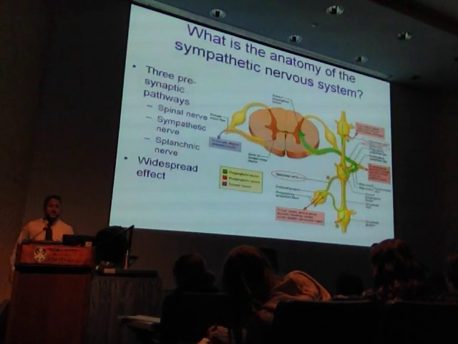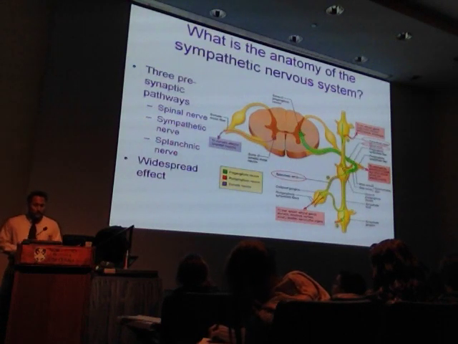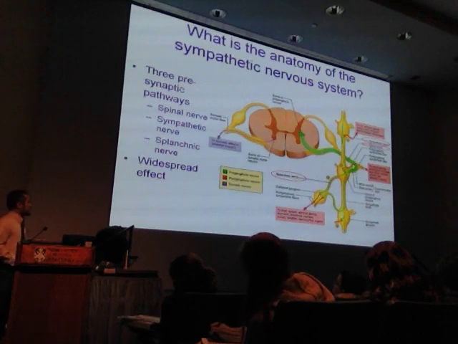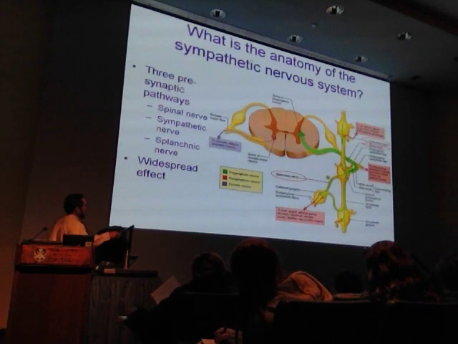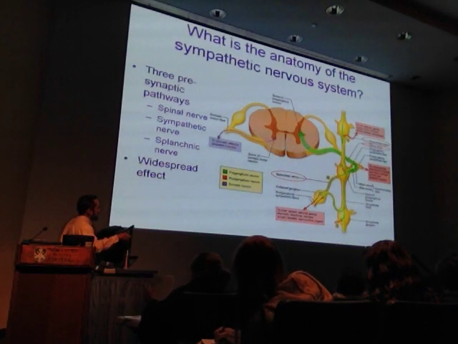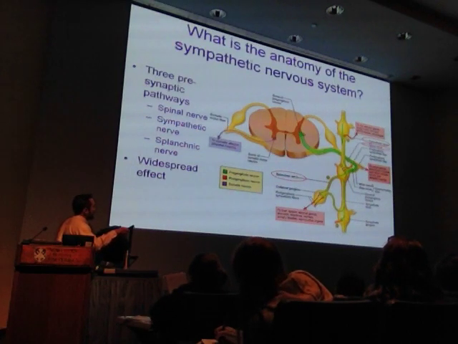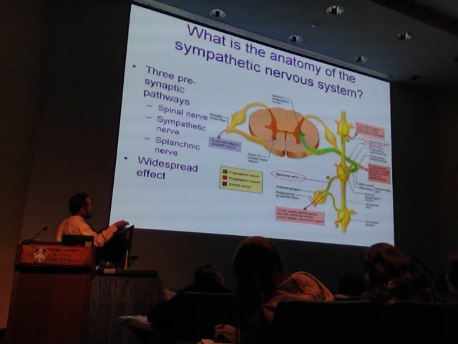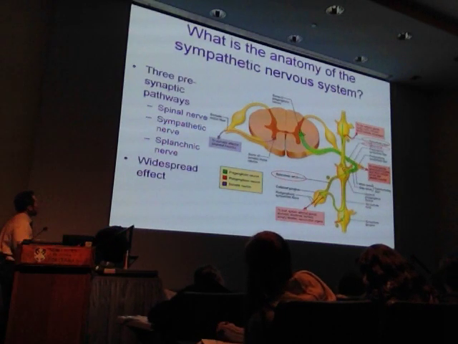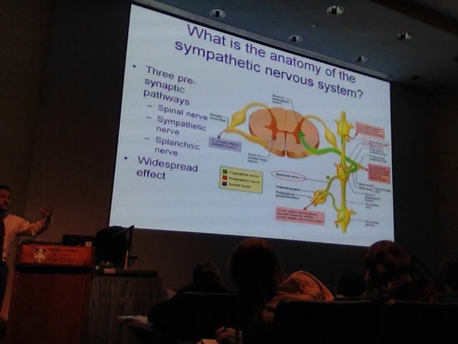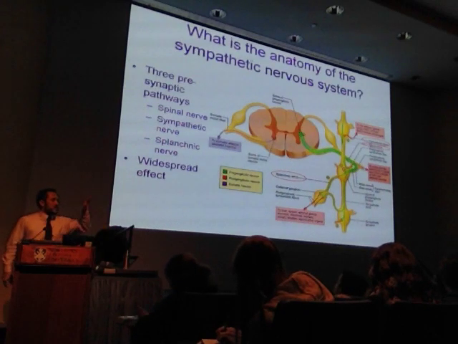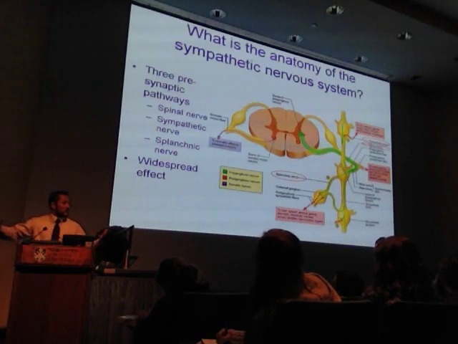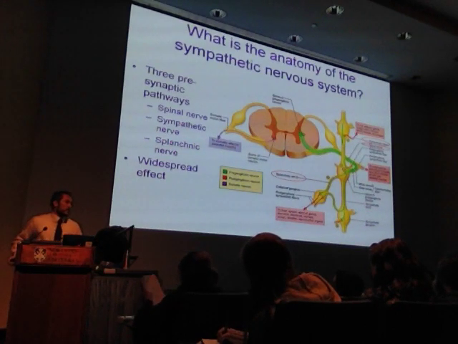Now, how do we put some of these concepts together? Well, the anatomical orientation of the sympathetic nervous system kind of looks something like this. It's busy. Here you see these ganglion, which are these collection of cell bodies that exist outside of the central nervous system. And we've got the ability to send these different signals in a widespread manner to different locations within the body. And it's organized kind of like a distribution network.